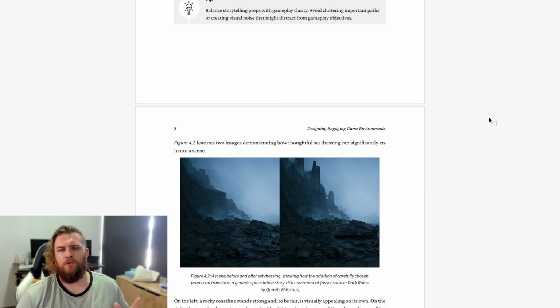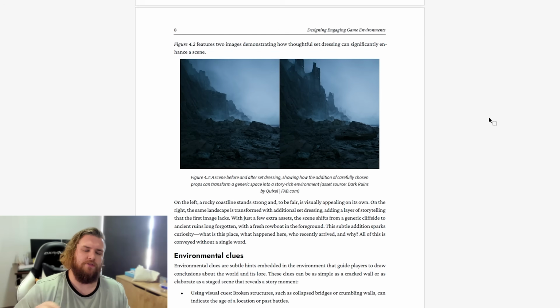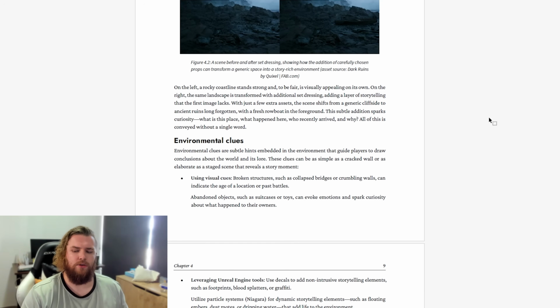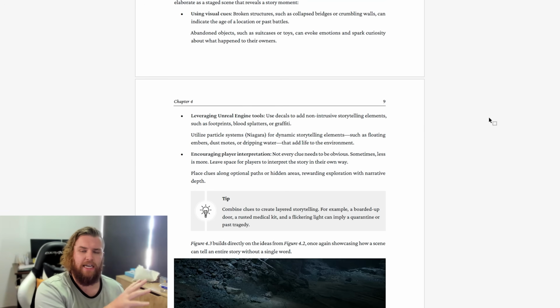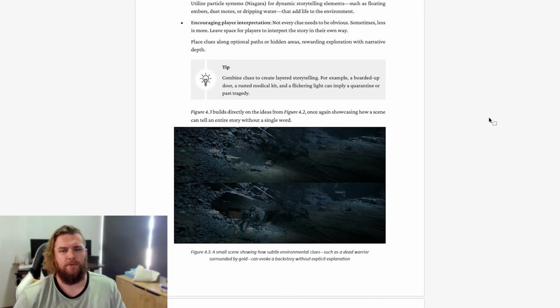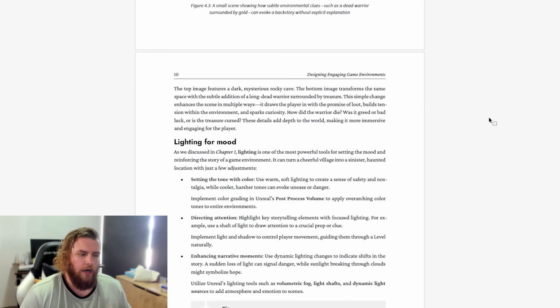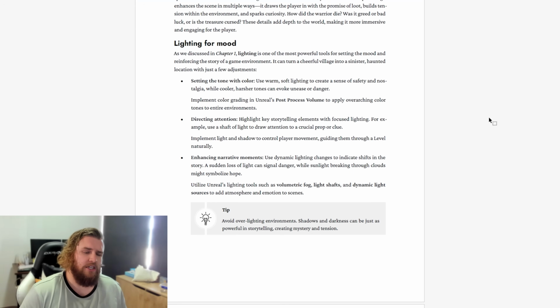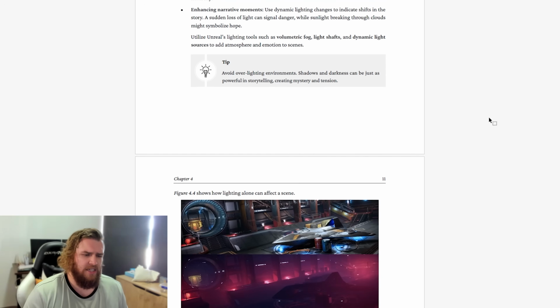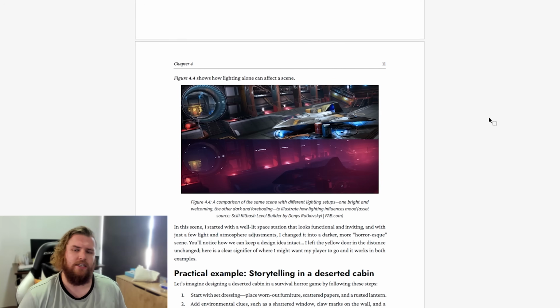As you proceed through the book, you'll see how all of the different chapters have kind of led to a point that they're meant to elevate one another, or you're meant to take principles that you've learned from previous chapters and apply them to the chapter that you're reading right now, and so on and so forth. I also talk about environmental storytelling, using props, set dressing, decals, and lighting to suggest history and narrative. You can tell an entire story just through the arrangement of